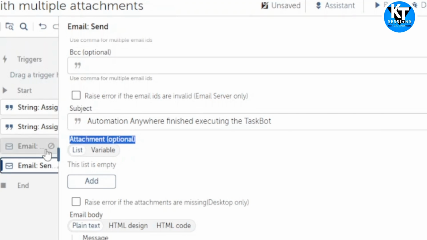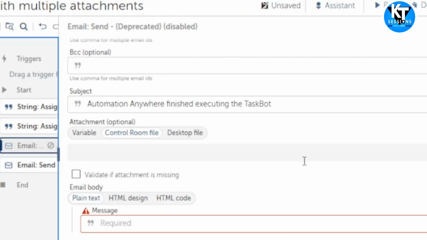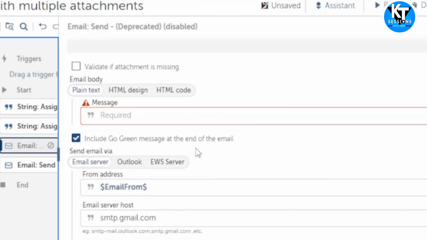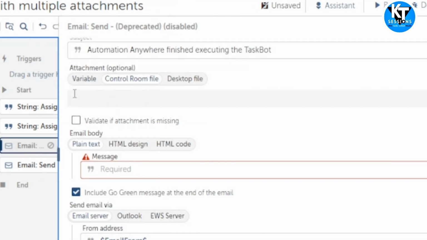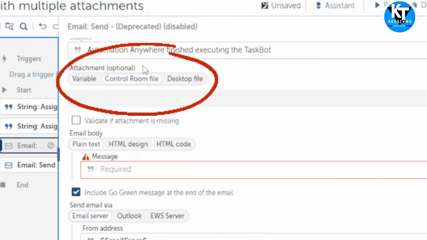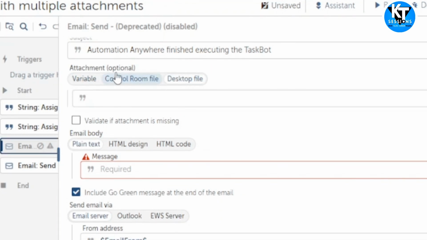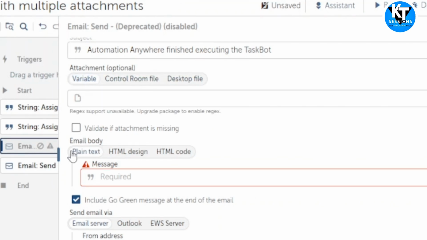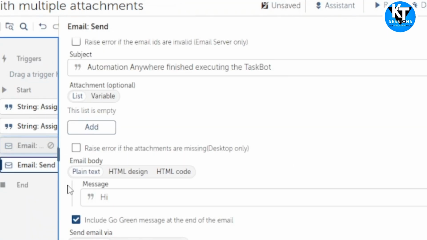But if we talk about the old version of this email package, then we can see attachment optional, and here we can see three types of options. Means we can select the variable, we have control room file, and we can select text to file, but there isn't any option available for the list. But in the latest package, or the default package, we have this option to attach a list.